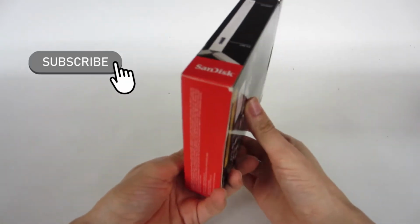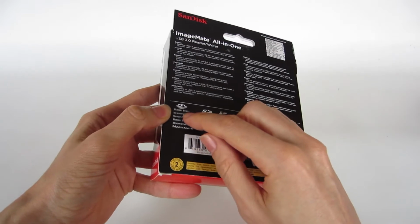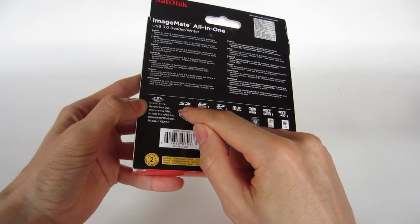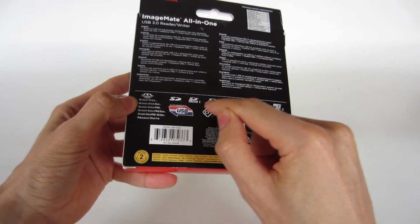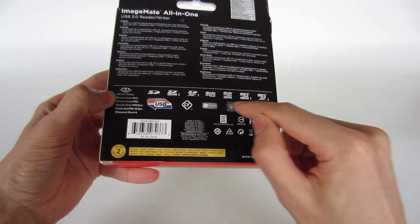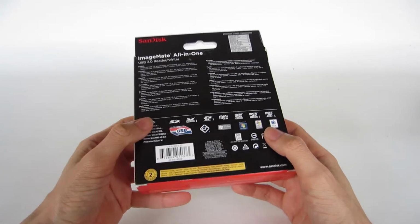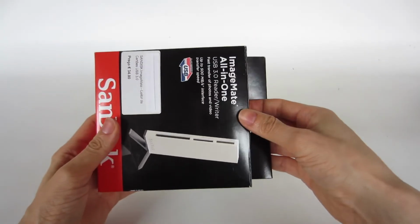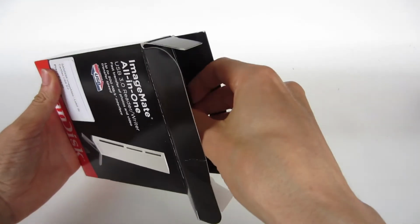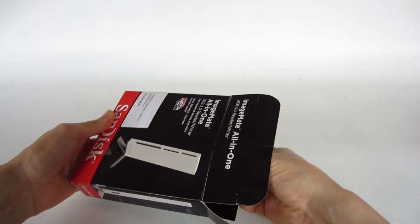So let's start just seeing the box on the back. It says that it reads memory stick cards, various types, MagicGate, SD cards like SDHC, SDXC, mini SD, mini HC, micro SD, and is compatible with Windows, Mac and Linux. So let's open the box. Let's take the box out. Let's push the plastic tray,